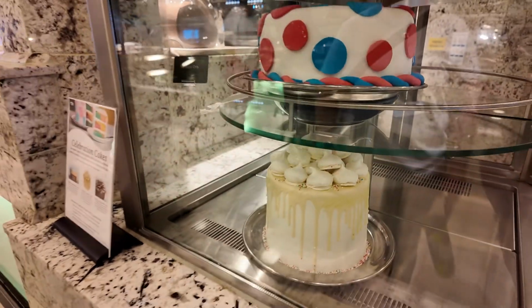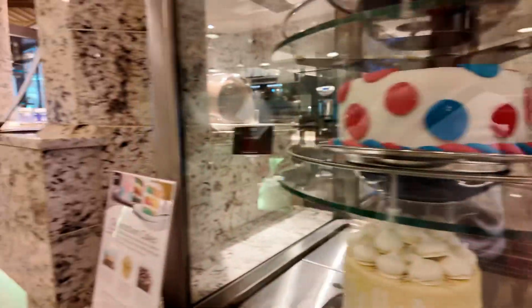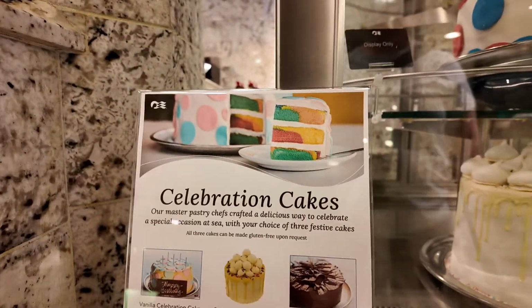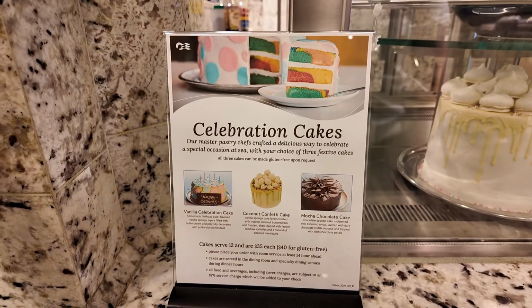See these cakes? They are beautiful. Every one of them is an upcharge. I'm not into the upcharge. They're called celebration cakes, and they come with only the highest package. There are 3 tiers to your packages for dining on Princess, and to me, that is